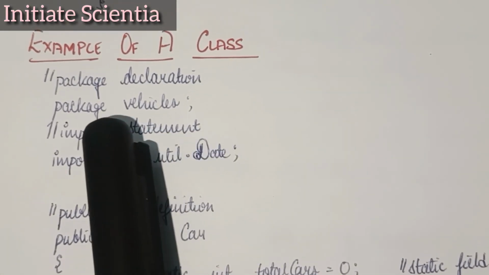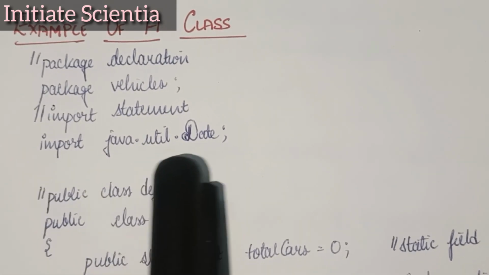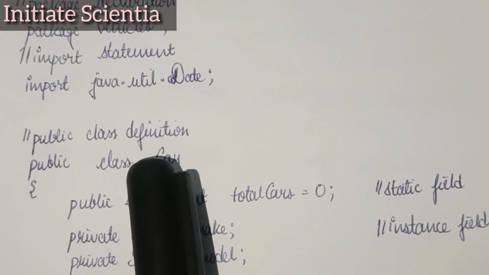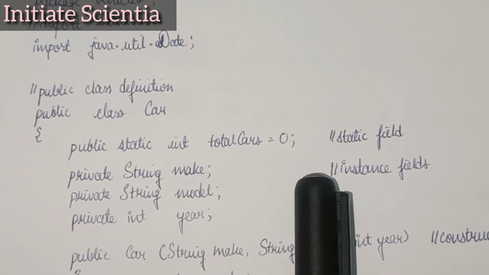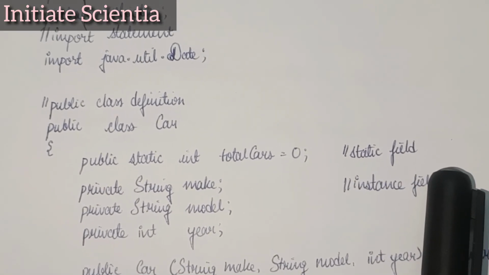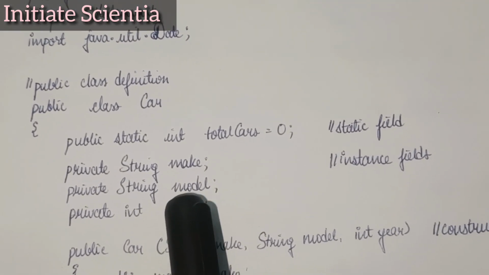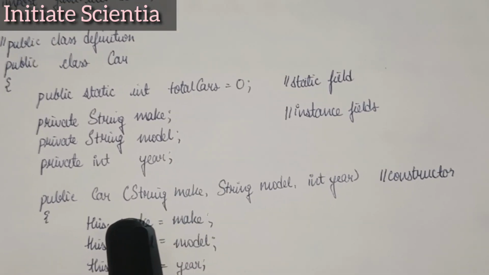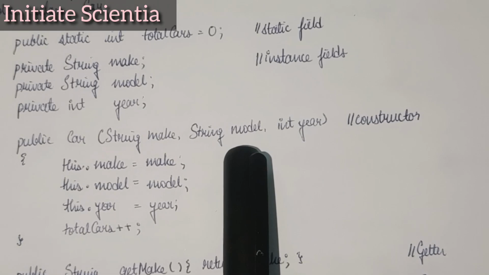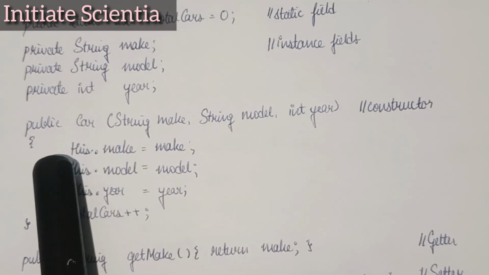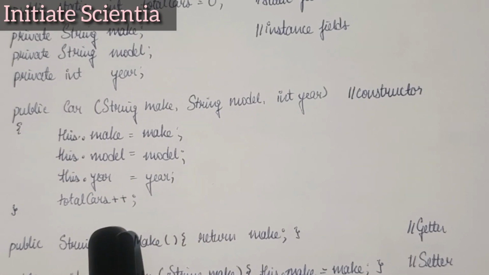Example of a class. Package declaration: package vehicles. Then import statements: you import java.util.Date. Next is the public class definition. Public class Car has public static int totalCars is 0, which is a static field. Public String make, these are instance fields. Public String model, private int year. Next you have a constructor, public Car(String make, String model, int year), and this.make is make, this.model is model, this.year is year, and incrementing the total